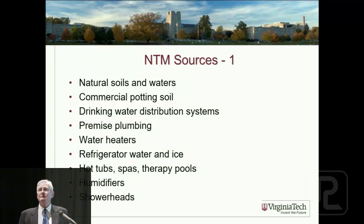Shower heads. I got a call from a fellow at National Jewish Hospital, Mike Eisman, who is the senior person in the world in terms of mycobacterial disease, terrific clinician. And Mike said, I got a call from a patient. The woman has mycobacterial disease, and she thinks she got it because she had bronchitis, and she thinks she got it from her shower. So I learned two things. One is that